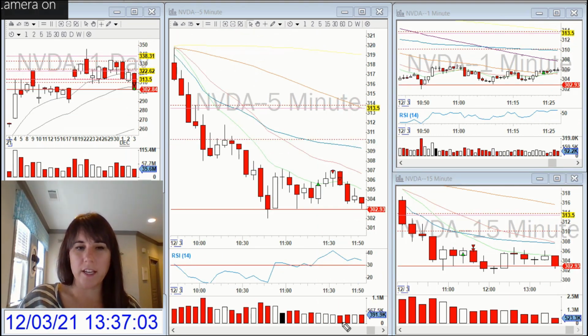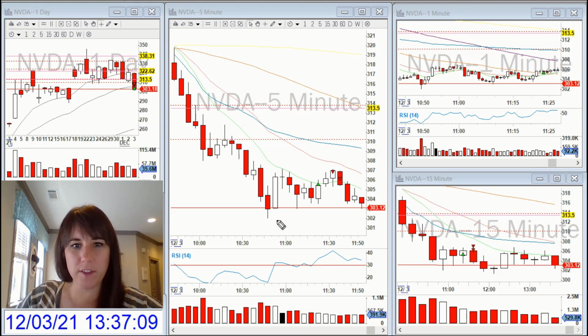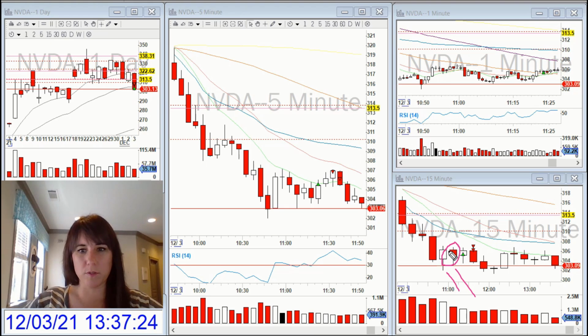And then I tried an NVIDIA reversal, and this is not an A1 setup, but I saw that it was trying to find a bottom. There were 2 large wicks to the bottom side after a hammer doji on the 15. I didn't wait for it to make a new high, and to be honest with you, when I'm looking for a reversal for a bottom, I don't like to see it